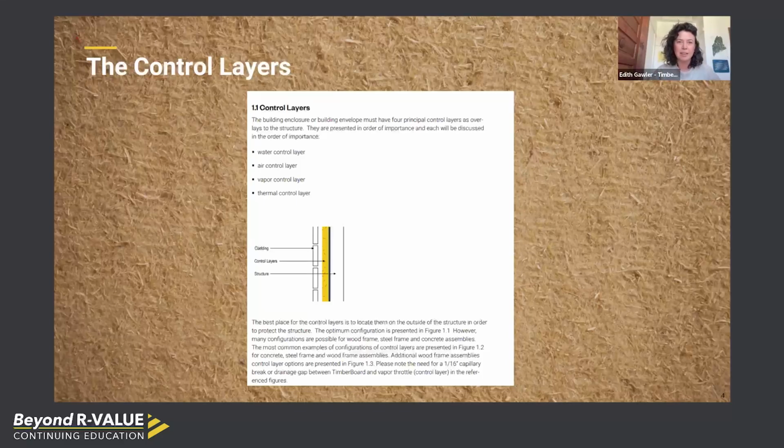You're also seeing a combination of cavity insulation plus a continuous layer of exterior insulation, and in that case, sometimes the vapor and air control layer would be sandwiched in between those two layers, or the vapor control layer would be on the outside of the rigid board. So again, the guide does show a couple of different examples for this, and the really interesting one is